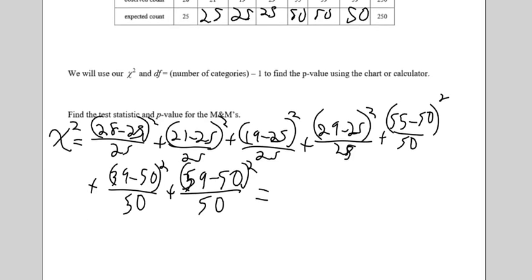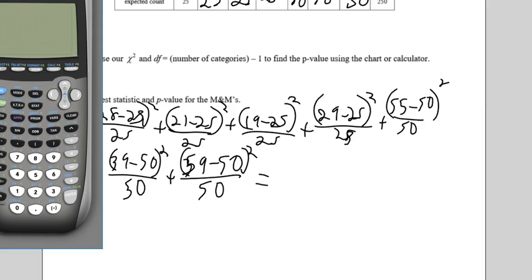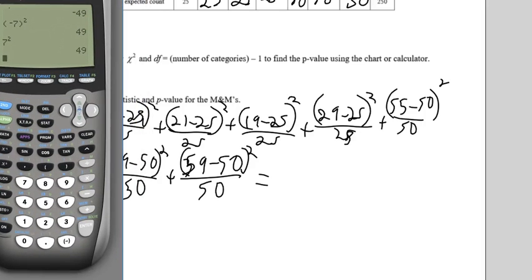So what you're doing now is you're going to take our calculator, and we need to practice this. So we'll get started and hit pause in the video. So, we're going to turn it on. We're going to hit alpha y equals. Enter. Now, you have a choice. You can enter in parentheses 28 minus 25, parentheses squared, and then come down here and put 25. All right? Now, when you want to go to the next fraction, you got to hit this right arrow and